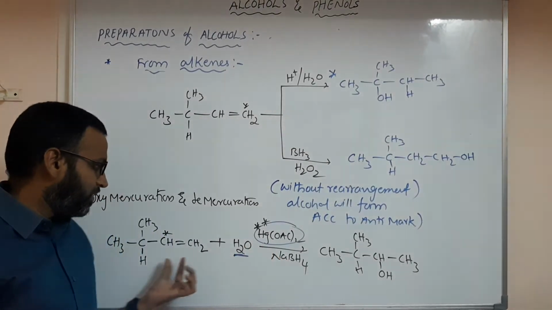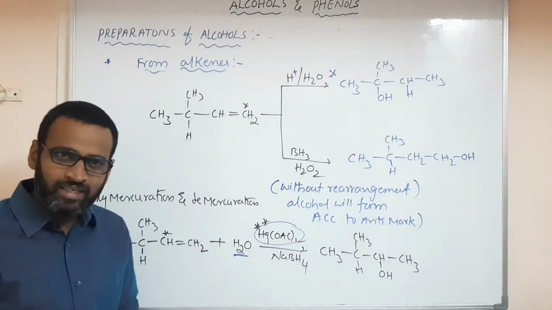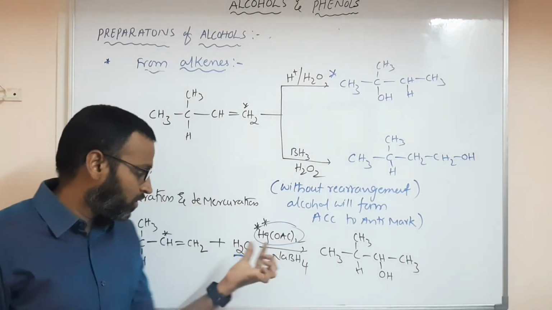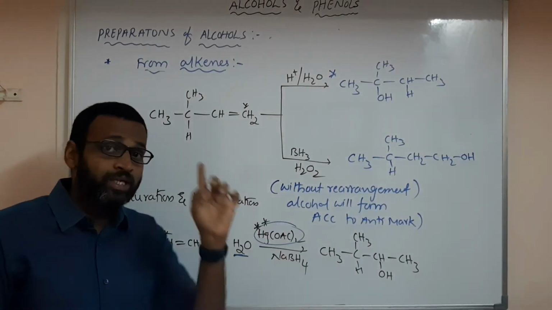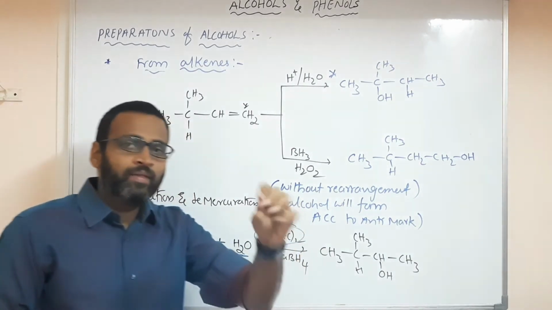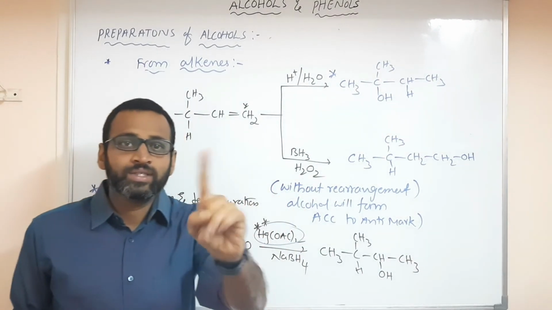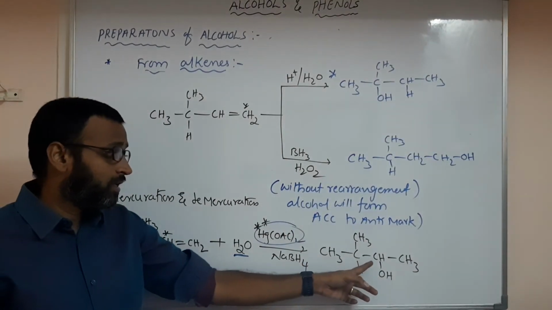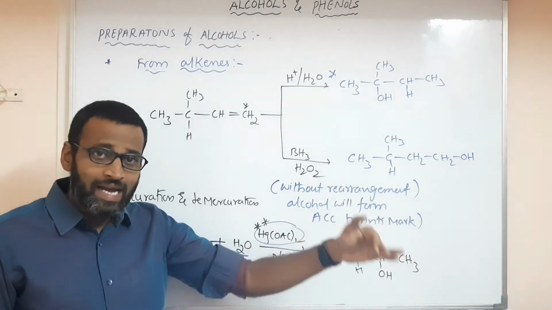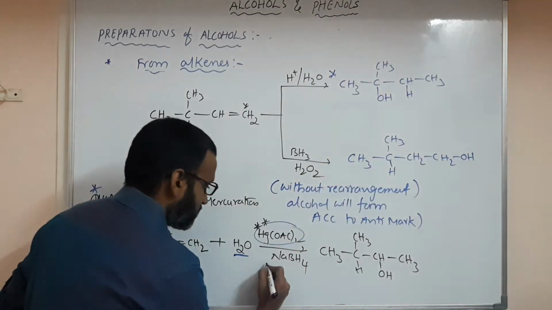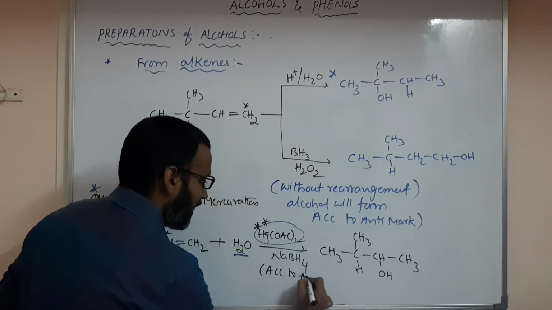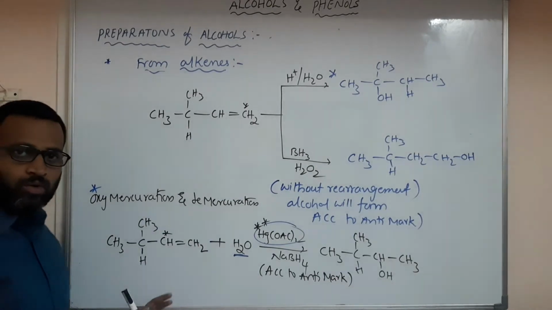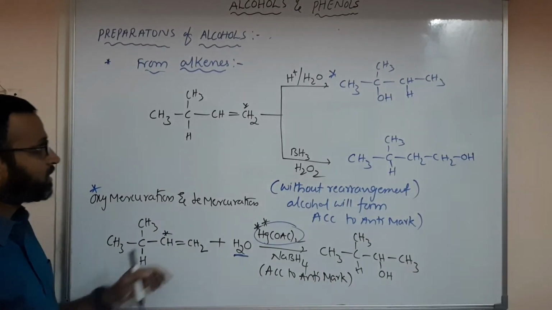See, if they give an alkene, whether or not unnecessary rearrangement would happen, you have no need to think. You should have an arrow with mercuric acetate and NaBH4 present. Then you have to conclude alcohol is the product. But at where? Alcohol forms at the double bonded carbon which has fewer hydrogens. That means this is according to the Markovnikov rule. Very, very important. Please write down. Understood the difference?